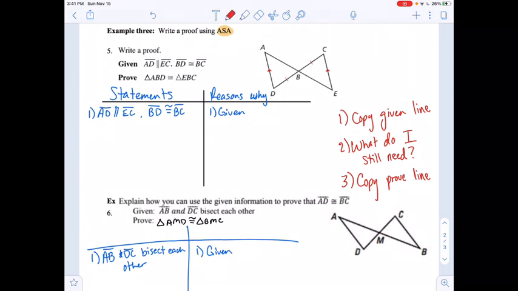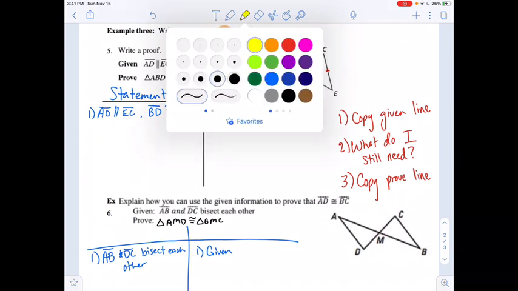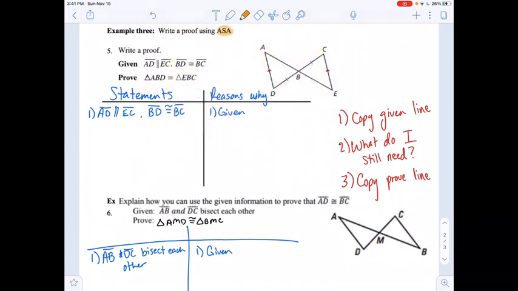So I'm given AD is not congruent to, but parallel to EC. Sorry, AD and EC are parallel. Let me highlight those just so that's in my brain. So these are parallel. All right, BD is congruent to BC, and I need angle, side, angle. So I have a side,